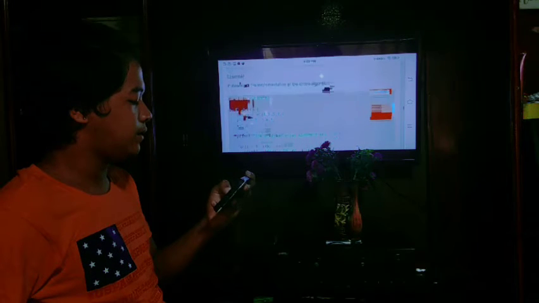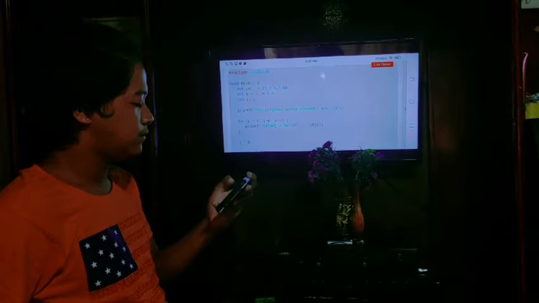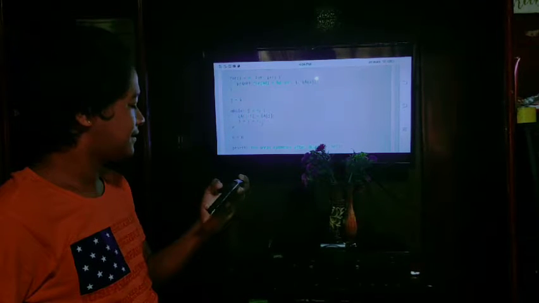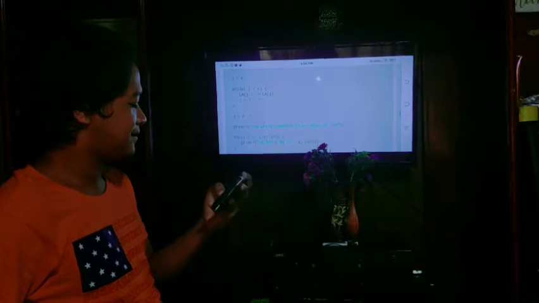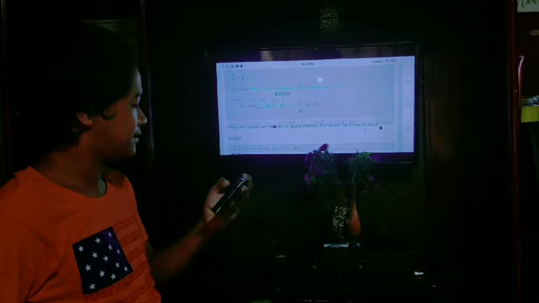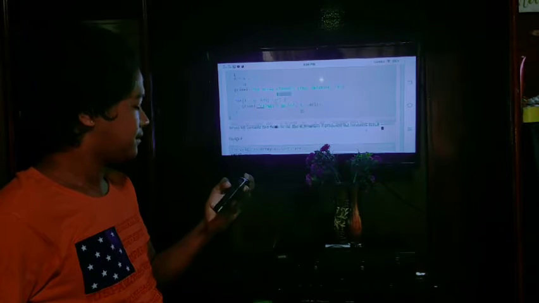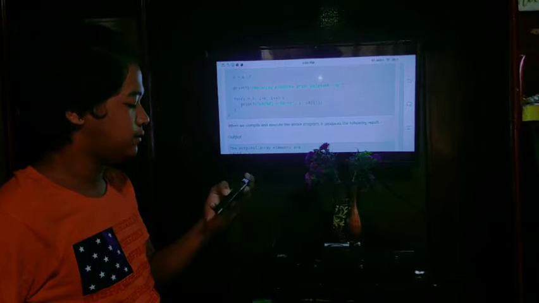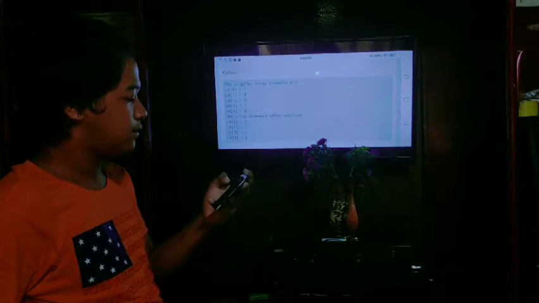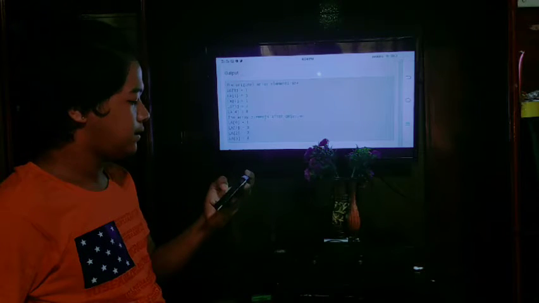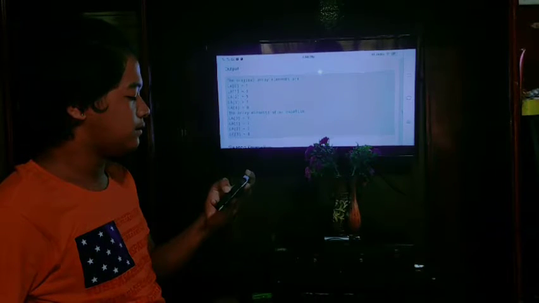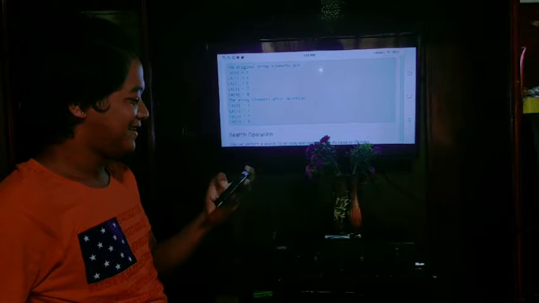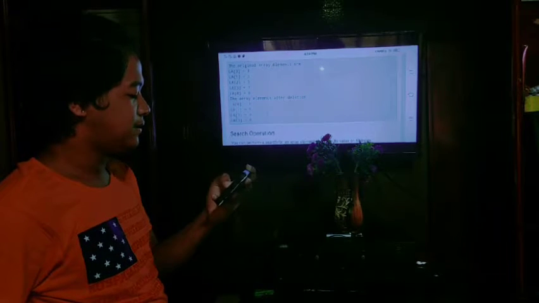Example: following is the implementation of the above algorithm. When we compile and execute the above program, it produces the following result. Output: the original array elements are the following. The array elements after deletion are the following.